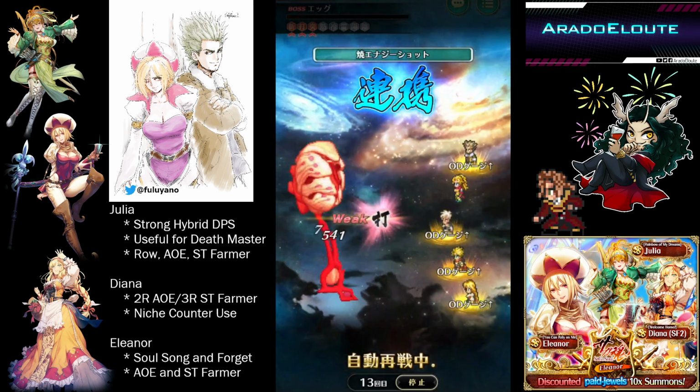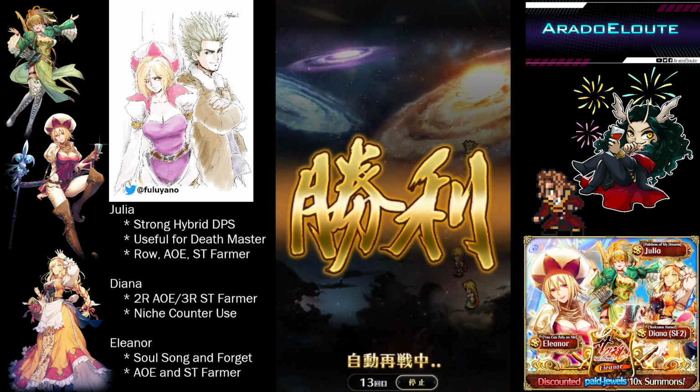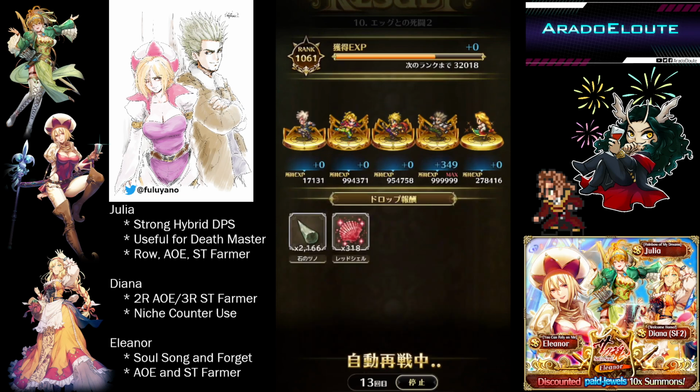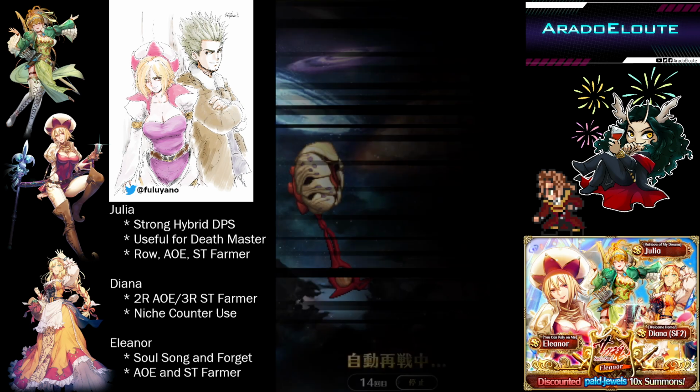Unfortunately, she's stuck with heat element damage. It would have been useful if she could do sun element, you know, how some of the heat spells have a sun element with it. And then for Eleanor,